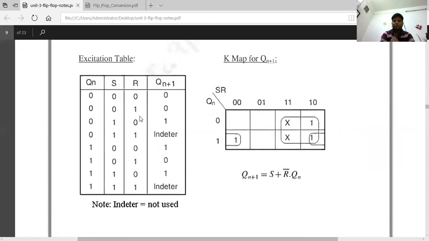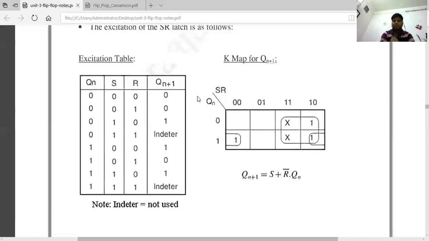And there are two forms. Two forms means: what is the SR value? In SR, there is no change in 0 to 0 and 0 to 0. The S value 0 means no change, but in R, 0 to 1 changes. So what is the SR value? If no change, 0; if the R value changes, it means either cross value or don't care condition. So when the present state is 0 and the next state is 0, the SR value is 0 and cross.